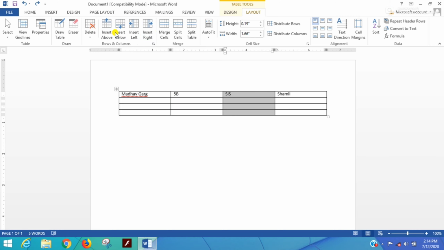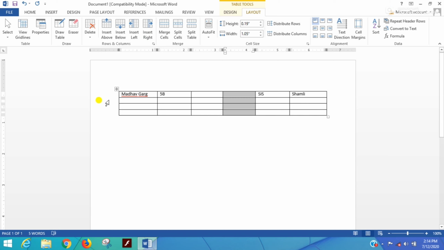The first two options are for rows and the next two options are for your columns. If you want to insert a column to the left side, you just have to click on the Insert Left button. Your column will be inserted to the left side of the particular column which you have selected. And if you want to insert a column to the right side, you just have to click on the Insert Right option.